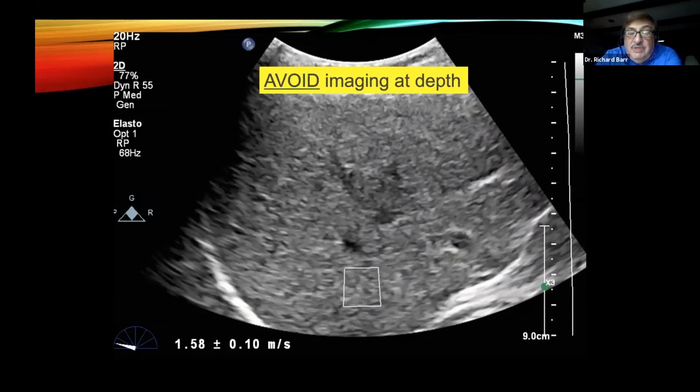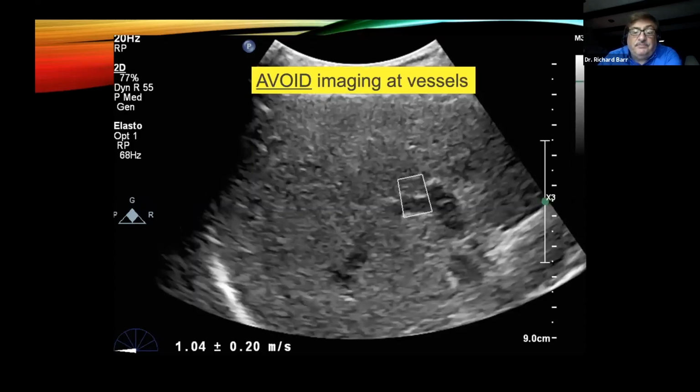Most systems will allow you to actually move the box down to 8 centimeters, and that may work in a very normal looking liver. But as the patient has a high BMI or a steatotic liver, usually around 6 centimeters, we start to have problems, and you may notice that you can't get a measurement. That's because the shear waves are so small, because the RFE pulse has been attenuated and is no longer generating shear waves adequate enough for a measurement.